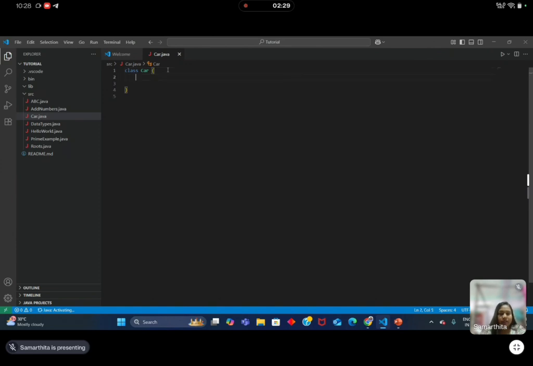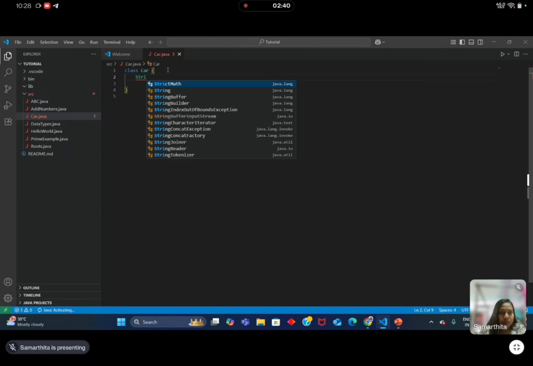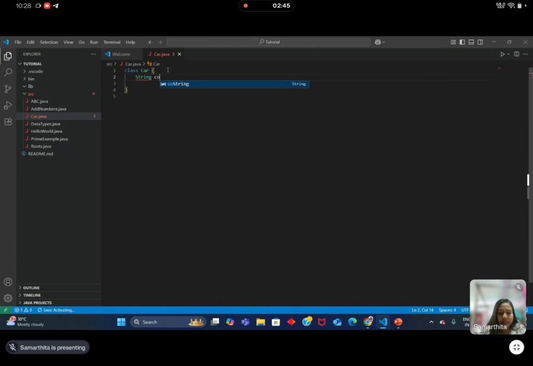Now see, what the color is or how many wheels. For the color, it may be a string value, so String color, and for the wheels, it should be an integer value, so int wheels. And now I will declare one method, that is void drive.